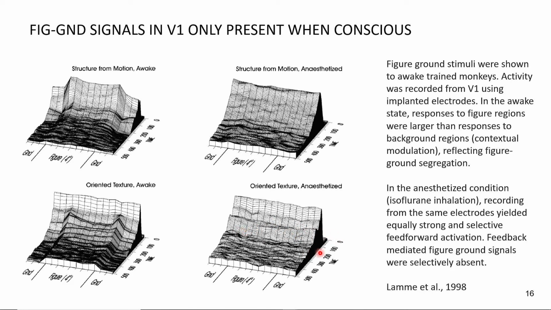So what you can see is that these cells still respond, so you still get this first peak of activity, which then dies out, which is typical of what cortical neurons do. But the modulation is selectively gone. And if you look at things like orientation selectivity or direction selectivity, that's all the same between awake and anesthetized. The only thing that seems to have been suppressed by the anesthesia are these modulations that are mediated by recurrent feedback interactions. So that suggested to me,